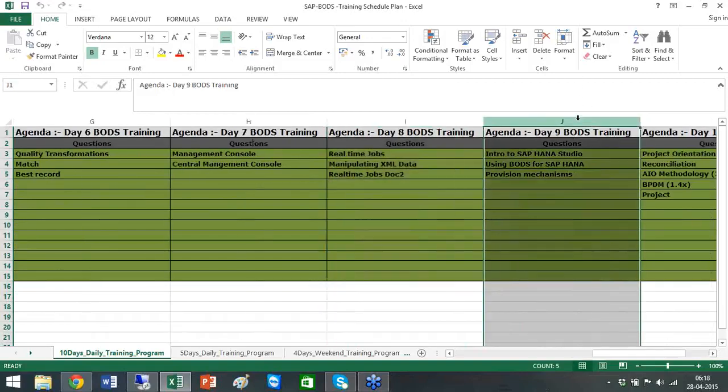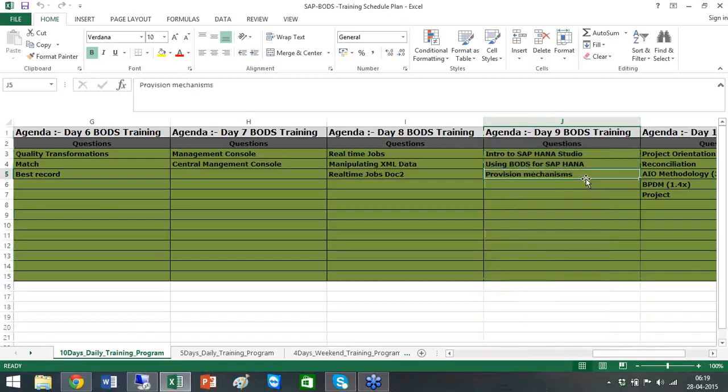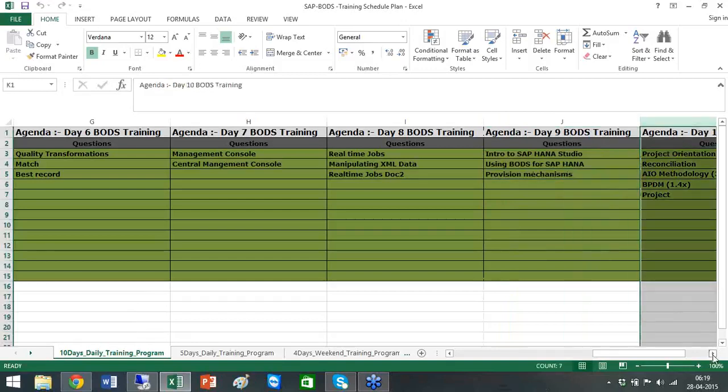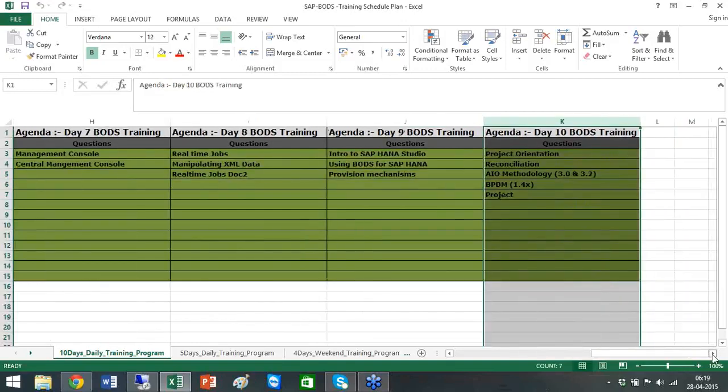And later we will look at an introduction to HANA Studio and a walkthrough on the architecture and how we connect and create connections on the HANA Studio. And once we look into that, we will see what are the different data provisioning mechanisms and how you load the data into the SAP HANA system, followed by the project session. So once we are done with HANA, we will look into the project session, where we will talk about different